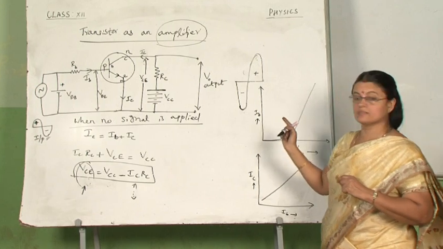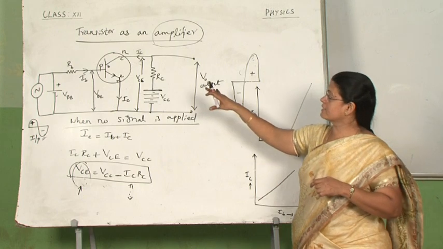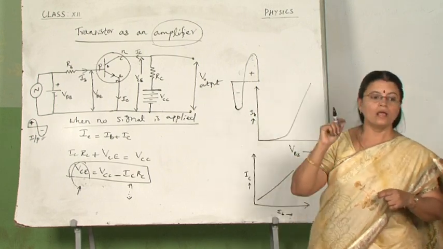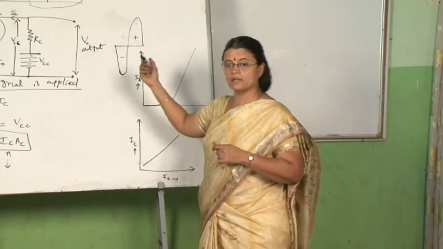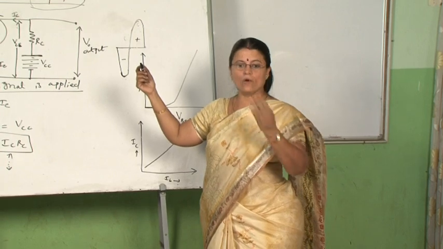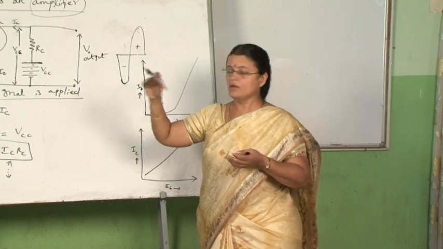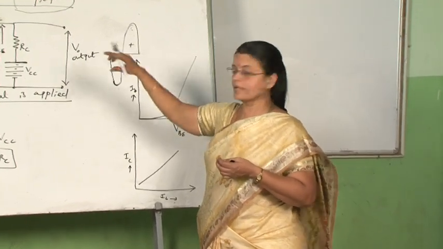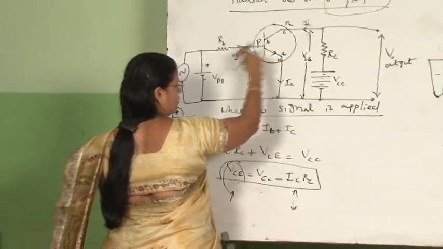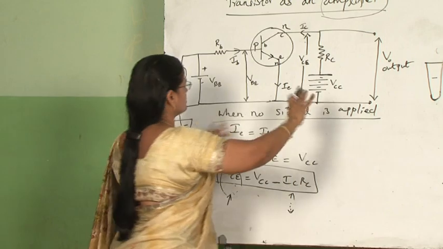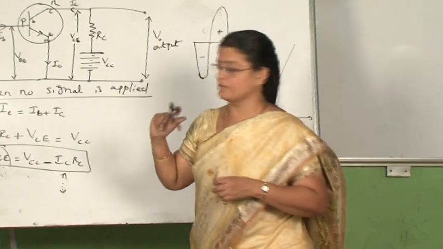This phase reversal is taking place only in the common emitter configuration. If you explain the transistor as an amplifier in the common base configuration, we will see that input and output will be in the same phase, which we are not going to study because that is not in the syllabus. But in case it is asked in a 1 mark question, you can say easily that it will be in the same phase. You can try it out explaining the same way, only the diagram will slightly change. The basic things will be the same, that is, input being forward biased, output being reverse biased, and this signal, everything will be the same. Only this side we have to change according to the common base configuration.